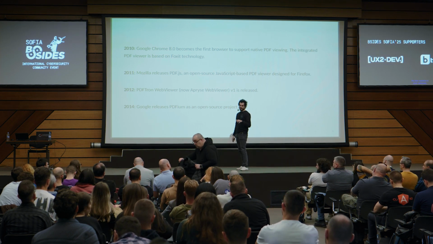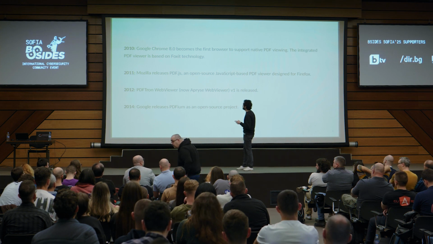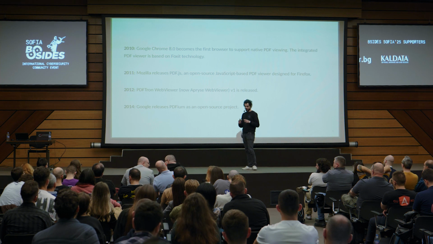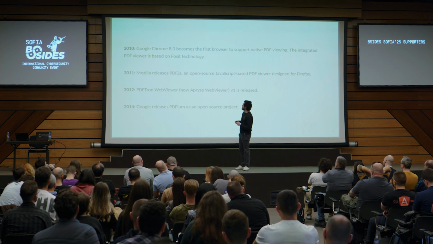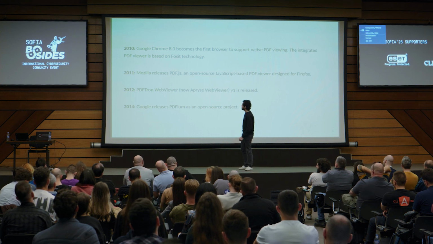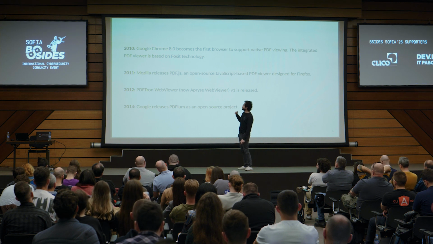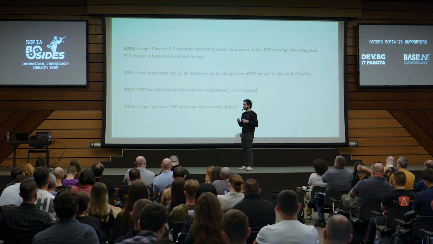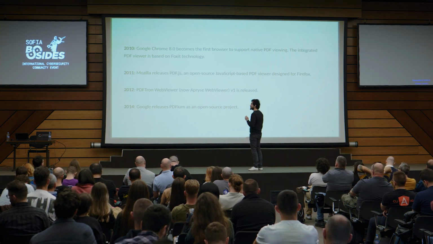And so the browser became your PDF viewer, your PDF client. Interesting is that the first version of PDFium, the core system that runs in Chrome to render PDF, was based on Foxit technology, which was proprietary. In 2011, Mozilla released its own system to render PDF in the browser, PDF.js, and there is a very important,